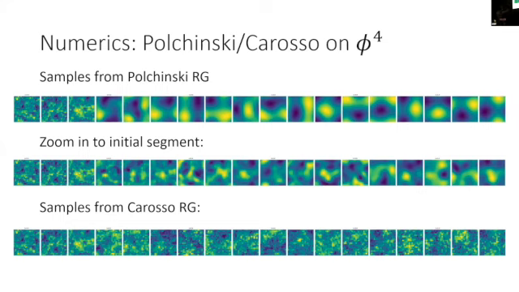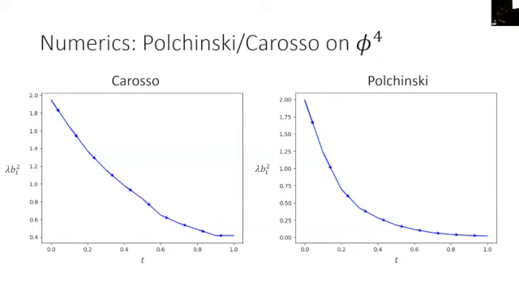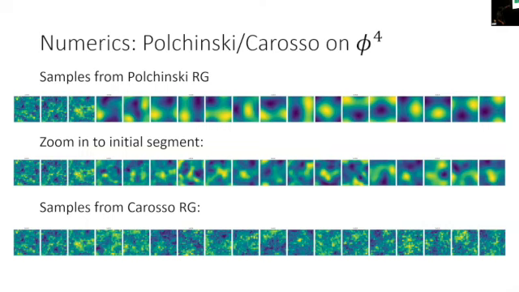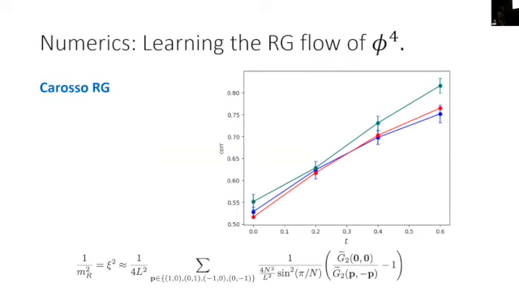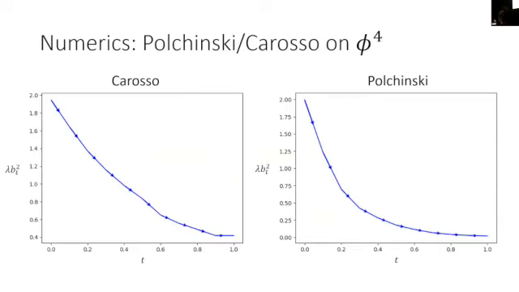So I'm going to show you something now, which is a plot of lambda, but with the momentum renormalization ignored. So lambda should blow up because it's a marginal operator in phi^4 theory, but the momentum renormalization is pretty big, so it looks like it's decaying, okay? And these two things, even though they look completely different, this is a plot from here to there for both of these schemes. The lambda actually decays in relatively comparable ways. And yeah, if you continued on, it would actually decay. It's like different by a factor of 2 in practice. So that's interesting. Then I'll show you just 2 basic numerical plots